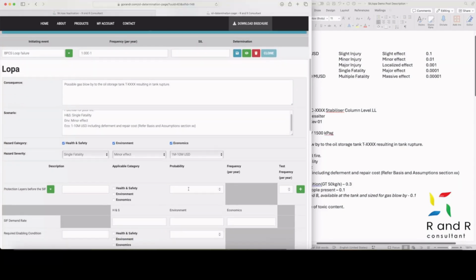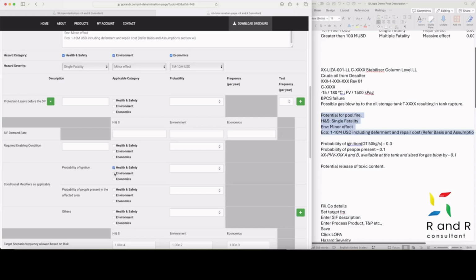Fill up the enabling conditions, conditional modifiers and barriers. Tick applicable hazard categories to be considered.